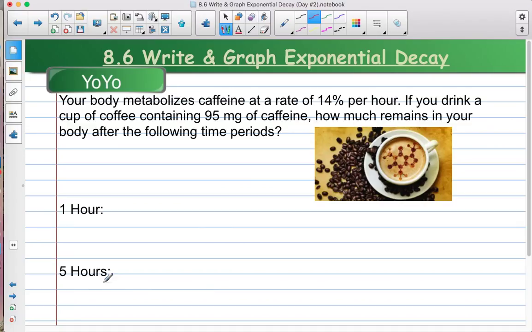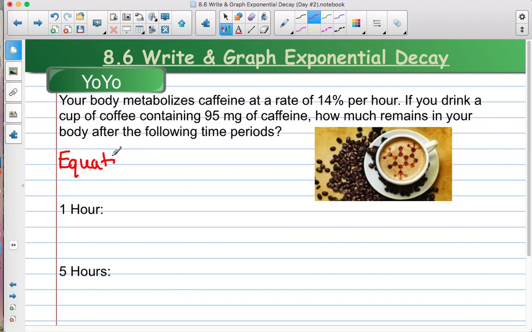So now your time just represents per hours. That's okay, so just know it's per hour. If you drink a cup of coffee containing 95 milligrams of caffeine, how much remains in your body after the following time periods? 1 hour, 5 hours, and I also want to know, can you set up the original equation